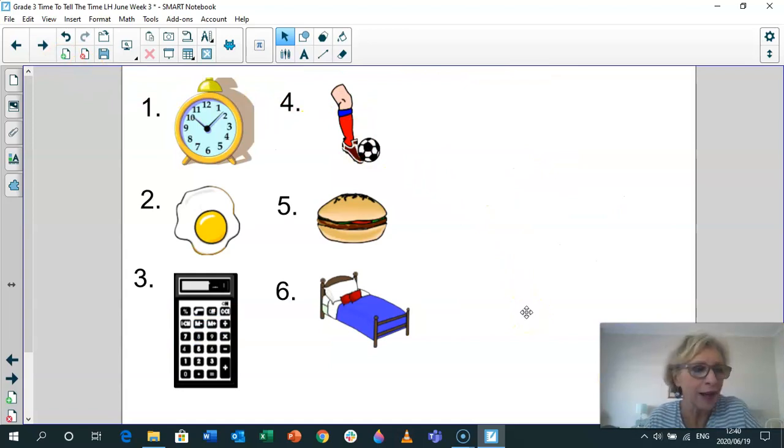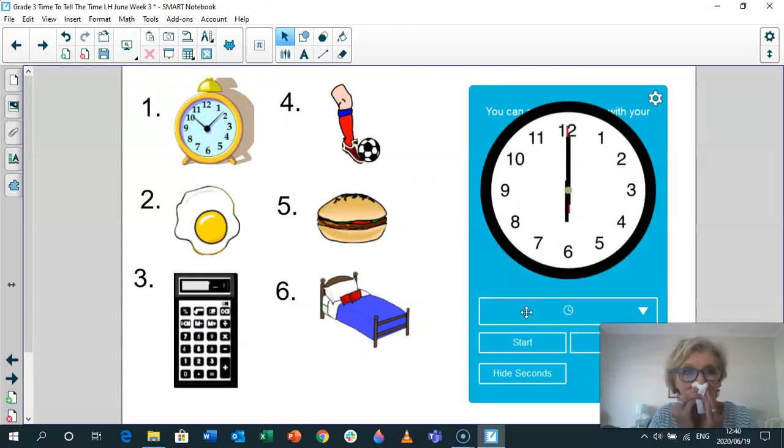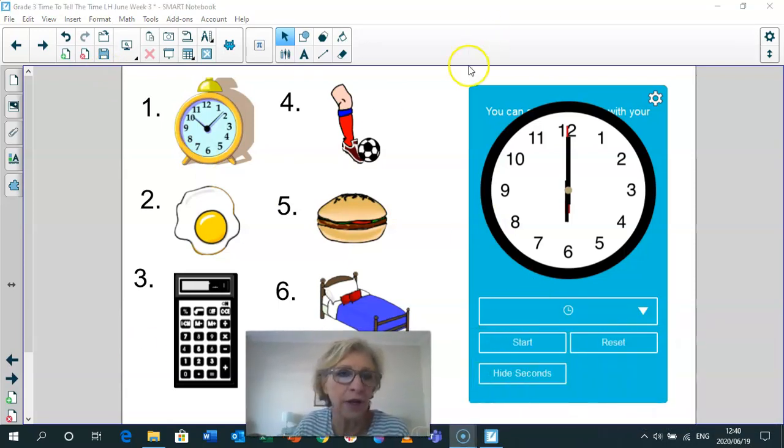Okay, now we're going to have a look at times of the day and what they look like on the clock, right? So we've got 6 different times of the day we're going to look at. So the first one is our alarm clock, which wakes us up in the morning, and there it is at 6 in the morning, right? Then, secondly, that there is about when I have breakfast. So let's move that on. Watch how the minute hand is going around, right? Once the minute hand has gone around the clock once,